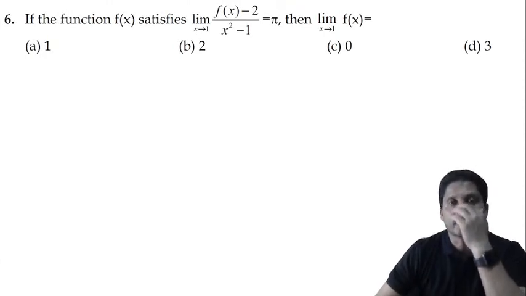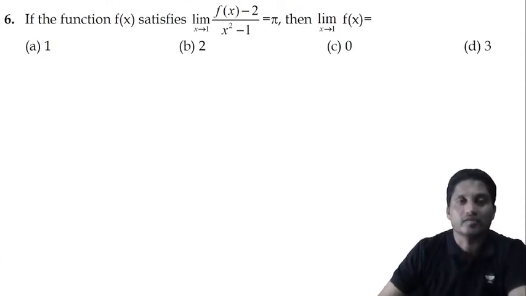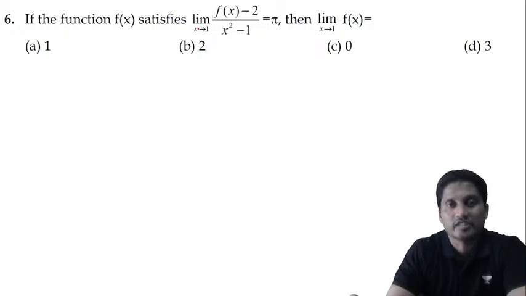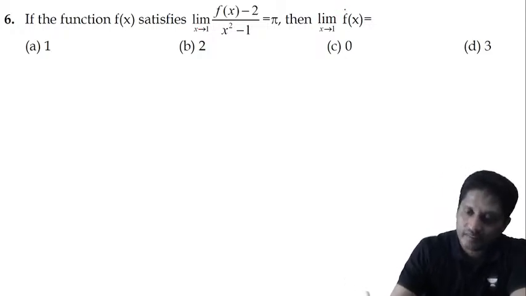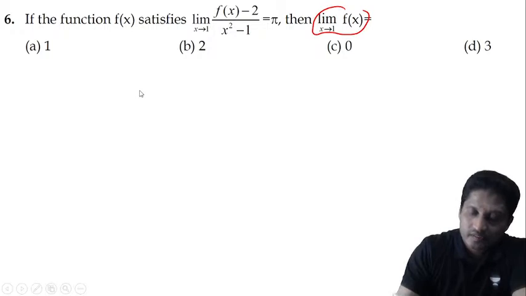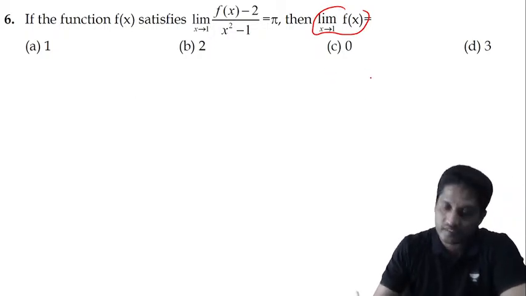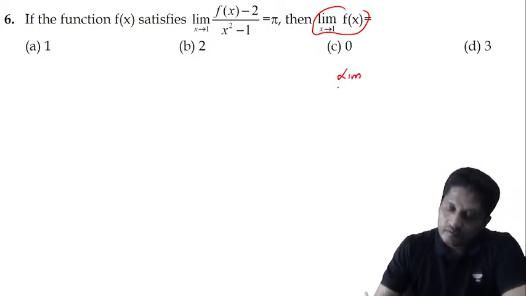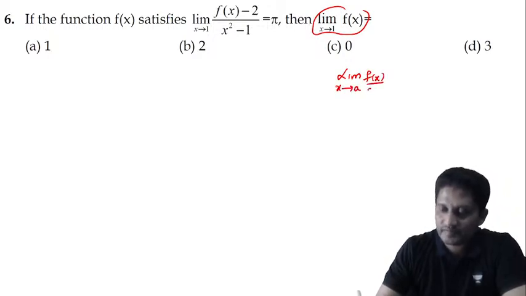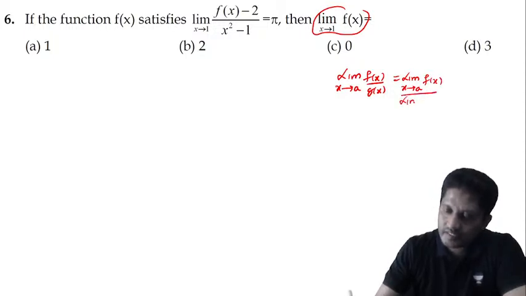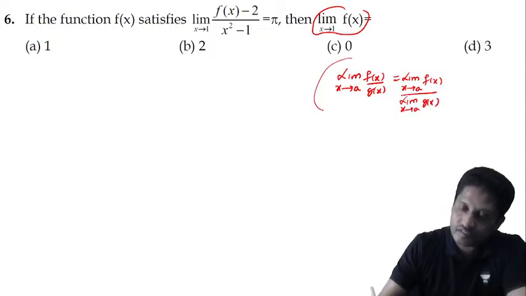The function f of x satisfies the limit as x tends to 1 of f of x minus 2 by x square minus 1 equal to pi. What should be the value of this function? See, suppose I use algebra of limits: limit x tending to a of f of x upon g of x can be written as limit x tending to a of f of x upon limit x tending to a of g of x. So if I use this algebra of limits,